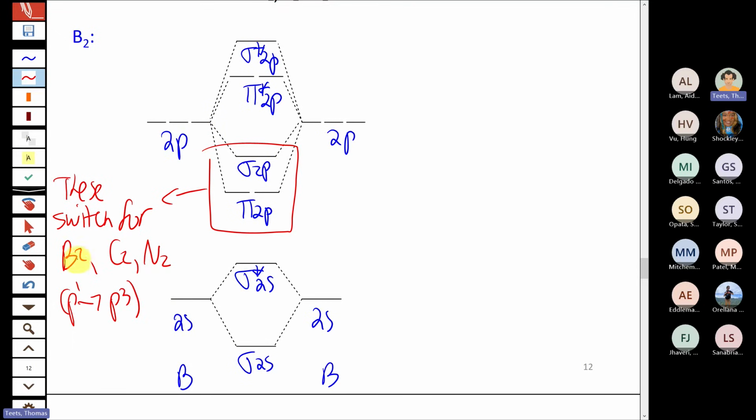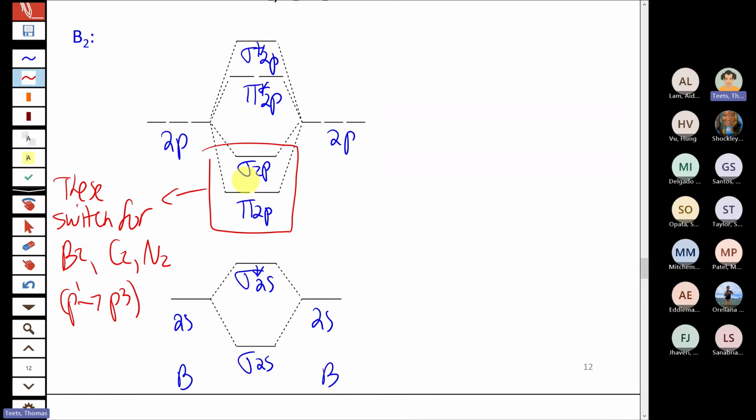But for the first half of the P block, boron, carbon, nitrogen, even though I didn't necessarily indicate it clearly in the diagrams, the 2s and 2p orbitals are kind of closer together. And that means that these sigma orbitals are no longer purely 2s or 2p. You're going to get some contribution of the 2p orbitals down to this sigma star, some contribution of 2s to this one that sort of pushes it up in energy. And so basically you get what's called sp mixing. Again, you're not responsible for that reasoning, but it's because of the closer proximity of these orbitals in terms of energy. More mixing between s and p sort of perturbs the energies and the ordering of those orbitals. You just have to mainly remember that it happens.